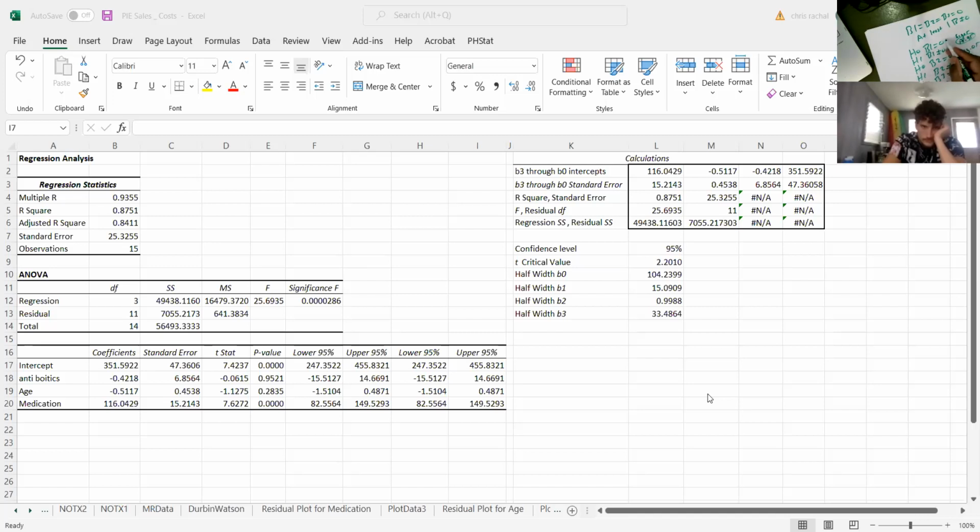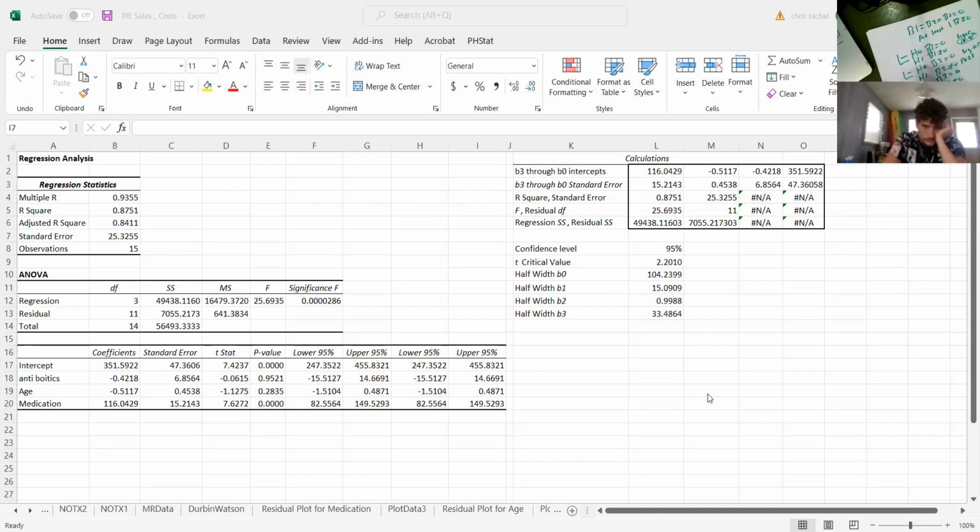So the null says that there is no slope. The alternative says there's a slope. So guess what? There's no slope for age and there's no slope for antibiotics. We're not going to reject the null, which means that neither one of them does anything. Increase or decrease the age, increase or decrease the antibiotics, and it does not get them out of the hospital